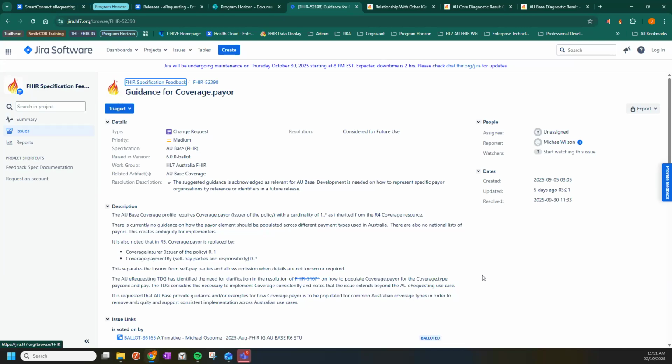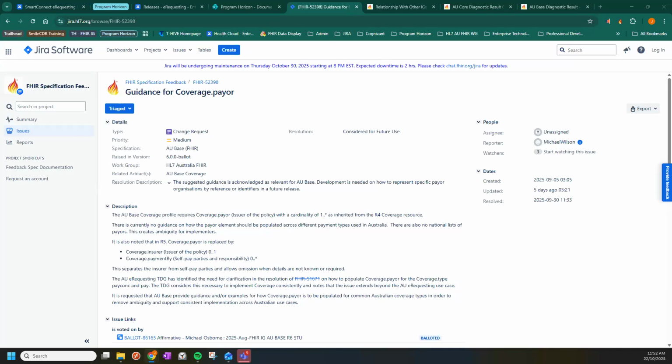I've noted too that in R5, payer is replaced by two different elements, insurer and paymentBy, which separates the insurance from self-pay parties to allow omission when details are not known or required. So in e-requesting, we've identified the need for clarification on how to populate payer